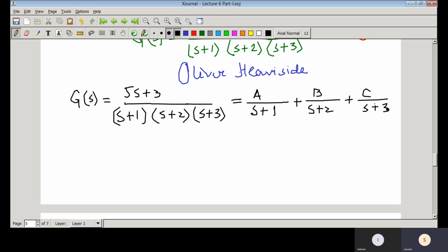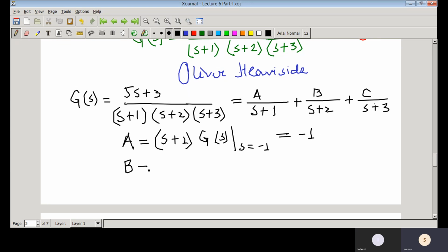So if you apply that Heaviside formula, this a would be s plus 1. I think you all know those things. If you forget it, I suggest you see some standard book on signals and networks, or you can see all of those things in any control book. So at s equal to 1, you will get a equal to minus 1.